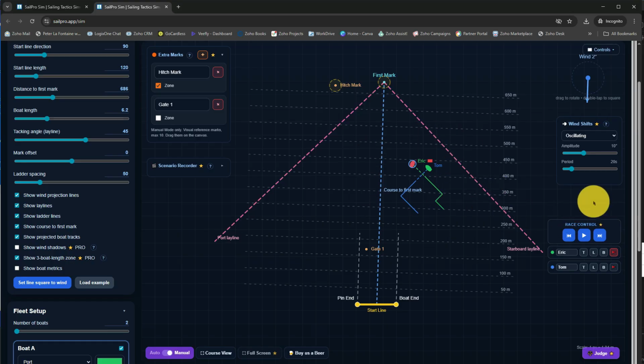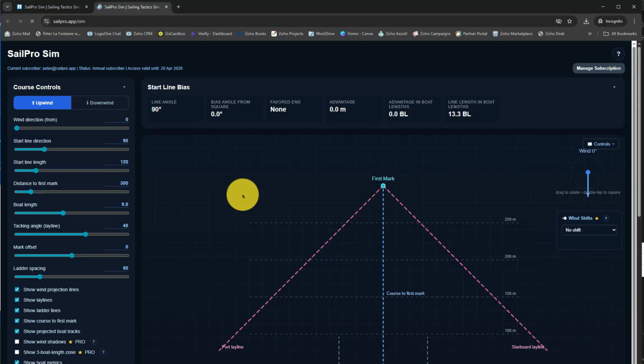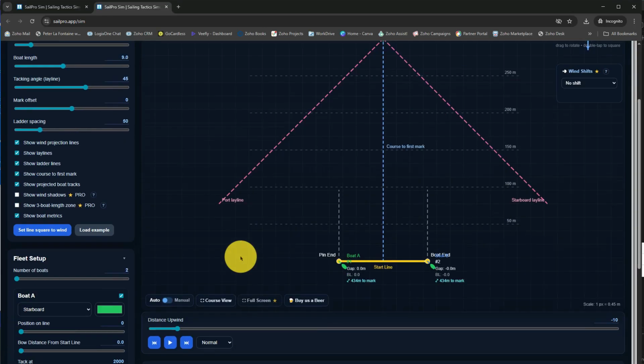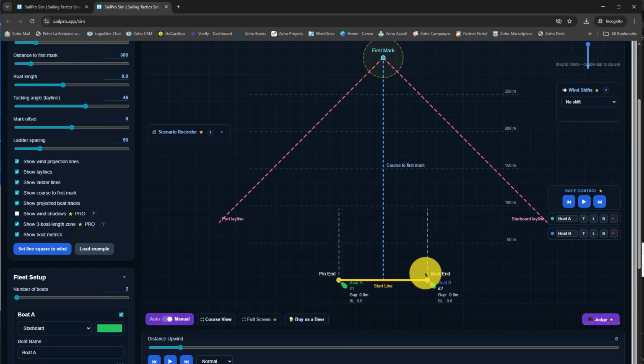All right, so that's basically using the race control feature. Now, in addition to that, you can use SailPro SIM to manage your protests and record that information. So if I reset the sim and then jump back into manual mode,